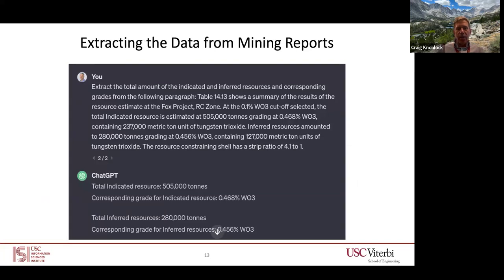So I did a little example here. I ran this through ChatGPT, which is one of the AI models built by OpenAI. And here I gave it the query. I asked it to extract the total amount of indicated and inferred resources and corresponding grades from the following paragraph. And then I just copied this paragraph that here starts with table 14-13 directly from the report itself. And as you can see, it does a very nice job at this, right? So it actually says, oh, okay, from this paragraph, the total indicated resources is 505,000 tons, and the grade for that is